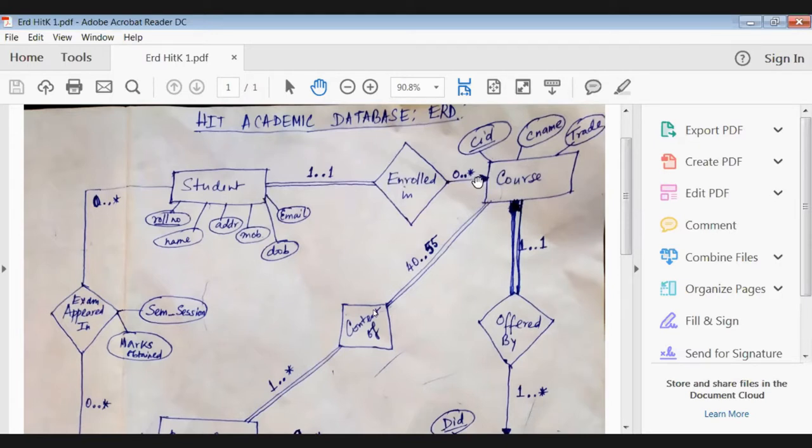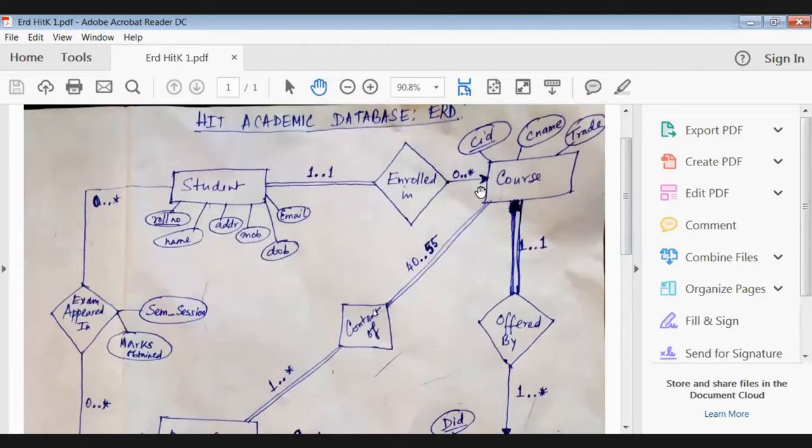Instead of star, you could also have given some values. But here you won't be able to give values because BTech can have 16 students, whereas MTech can have 18 students. So it is better to give star. So a course can have many students, or there may be some courses where no students have enrolled. It might happen that for CSBS, in the first year, no student was there.